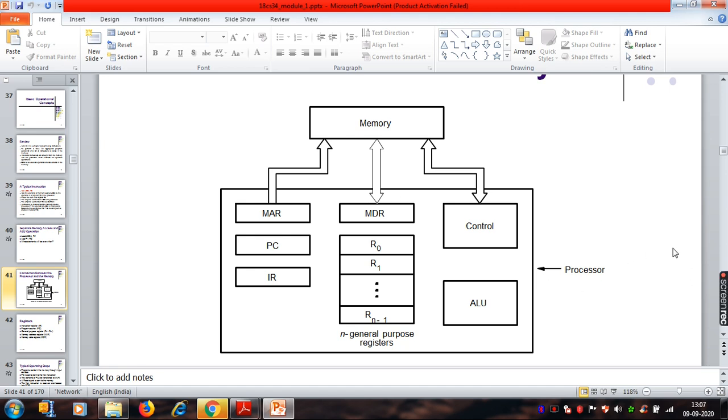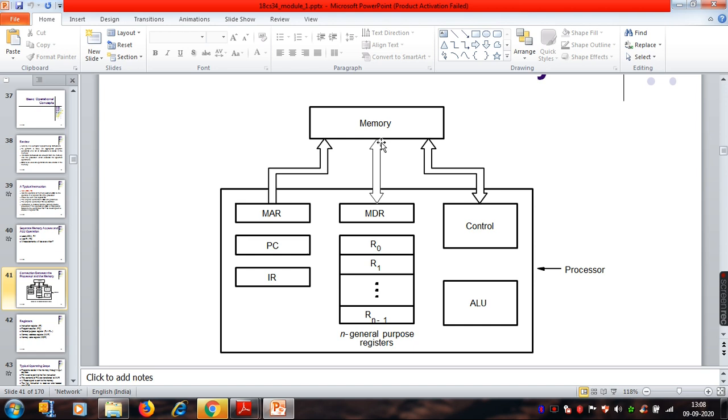Just recall the previous things we discussed. As I told when we were discussing the basic functional units, if the processor has to take data, it should always take the data from the primary memory only, right? You can see this arrow mark, that's the meaning. If the processor needs some data, it has to take it from the memory. We'll see the internal organization and all the other connections later, at this point of time.